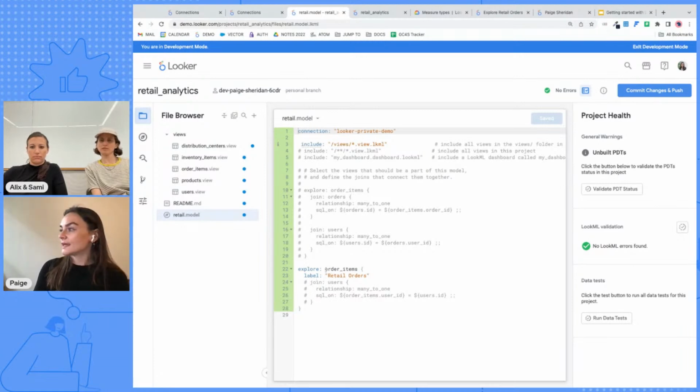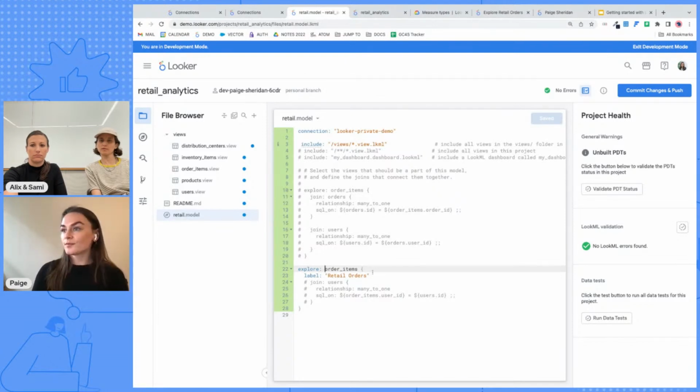I've created this explorer here that's based on just our order items view. Now, an explorer is essentially a data set, right? It contains one or more views that have been joined together with a specific relationship. So explorers at a high level are just the way that we expose this business logic to end users in our platform, right? So it can be as simple as just adding in this order items view, which I've already